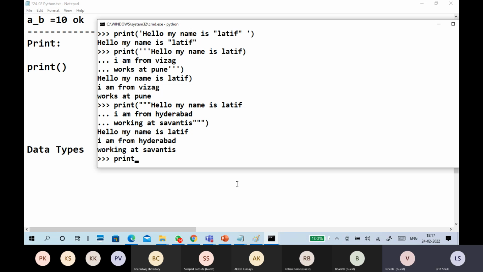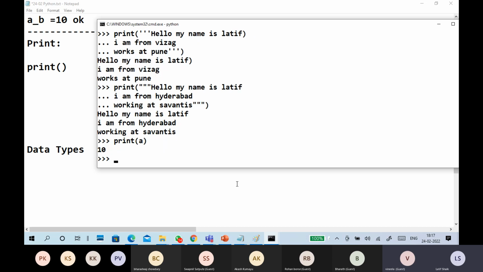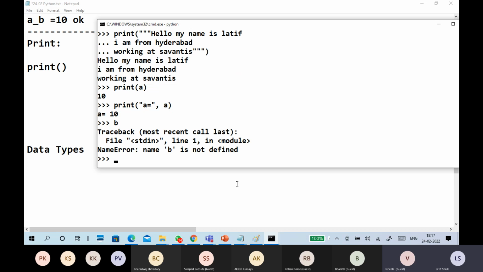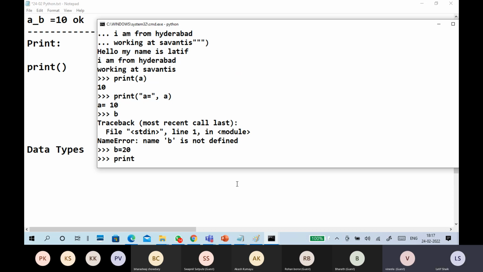Next, we also know a variable, right? So like we define a variable, a is 10, already defined. Now I want to write like this: a equal to, like this, a. Now a value is 10. For example, I have a b value. No, I don't have a b value. So b value is 20. Okay. Print b, a equal to